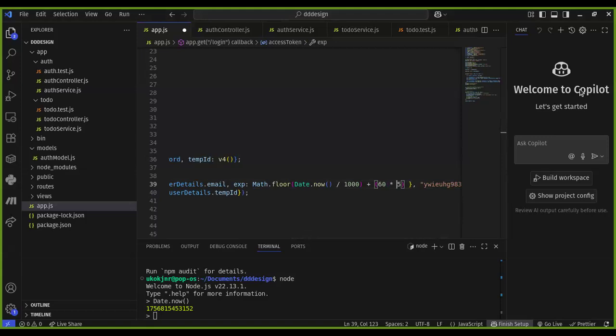You're asking why I'm dividing rather than multiplying. Now remember that this Date.now is giving you the milliseconds from that time, but you want to convert milliseconds to seconds. That's why you're dividing it by 1000. Do you get? This value you're seeing here is the milliseconds from